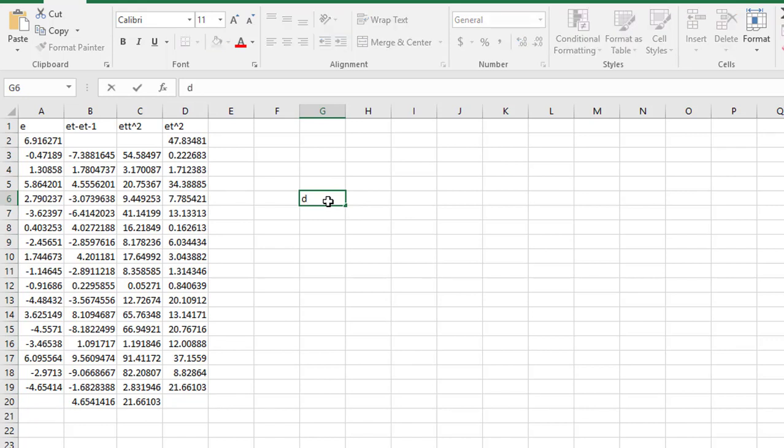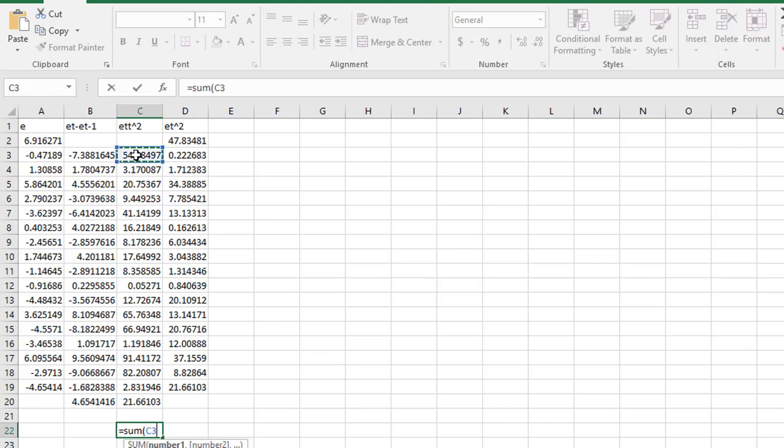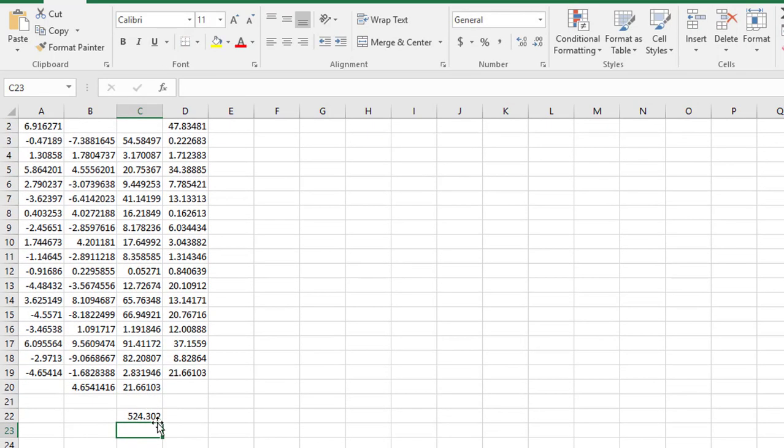So D should be equal to the sum of all these guys, all the ET minus ET minus 1 squared, divided by the sum of ET squared. Let's go ahead and sum that first. So the sum of this should be equal to the sum, bracket, this guy all the way down here, close bracket, enter. So that's 524.302, and now the sum for ET